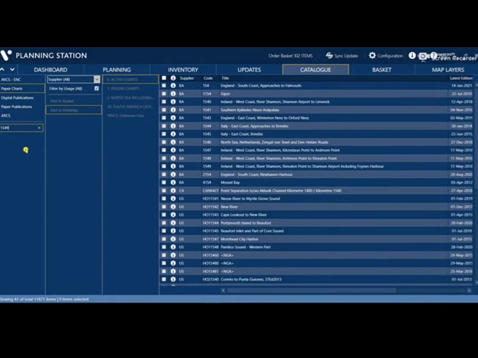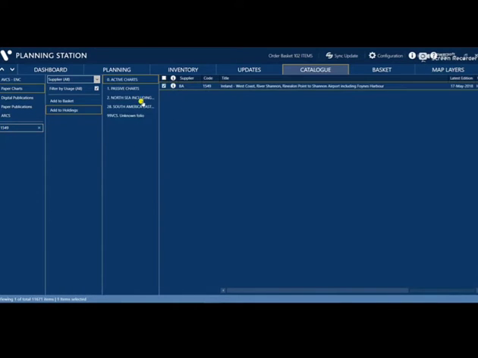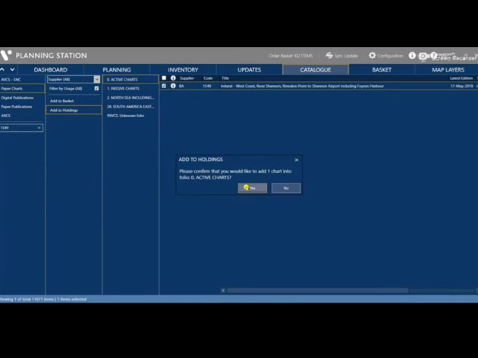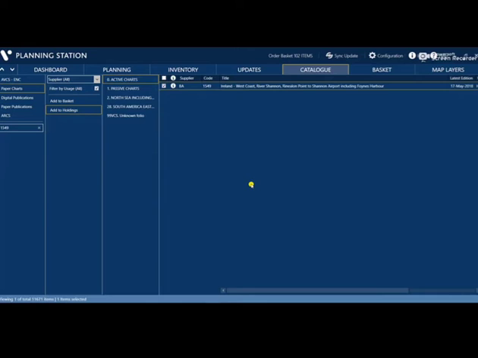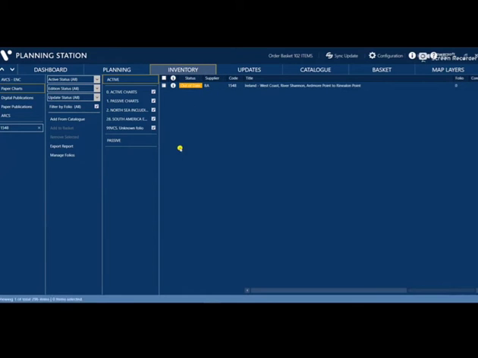So I add 1549 and add to holdings, click active chart and click yes. Okay, so I will go back to inventory. So when I search now, you can see that this BAE paper chart is already added to my inventory.